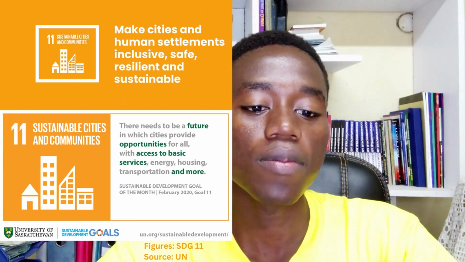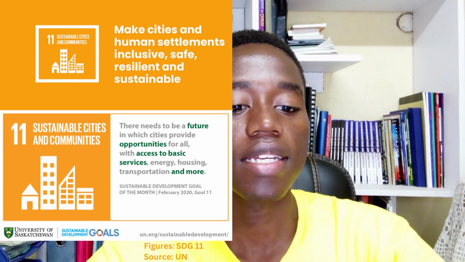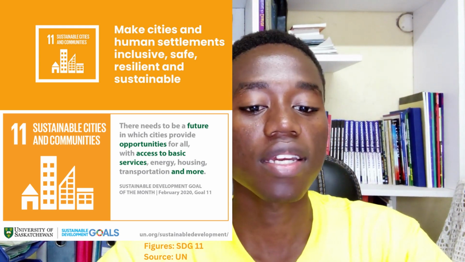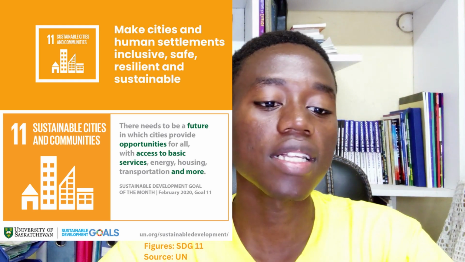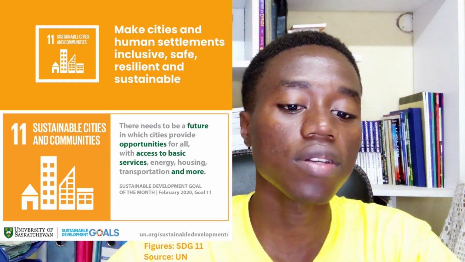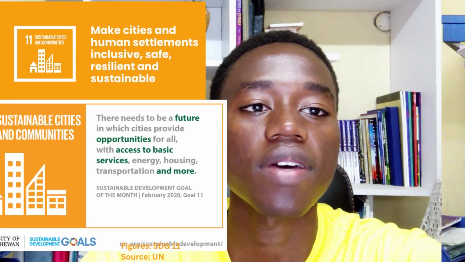SDG 11 for sustainable cities and communities: addressing the challenges of flooding in the Nzoia River Basin can improve community resilience to natural disasters, aligning with the goal of creating sustainable and safe urban environments. SDG 13 for climate action: as the project considers the effects of a changing climate on the basin, it indirectly contributes to climate action efforts by enhancing our understanding of climate-related challenges in the region.